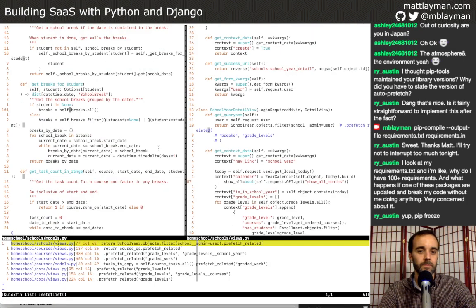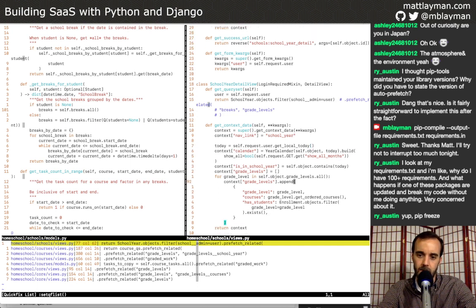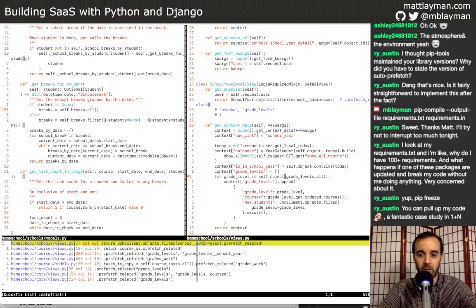All right, let's see. There's no more prefetch related calls in this entire views file. And there's definitely, oh, okay. I think I see why this is behaving nicely here. When I'm doing the iteration on breaks, and when I'm doing the iteration on grade levels,